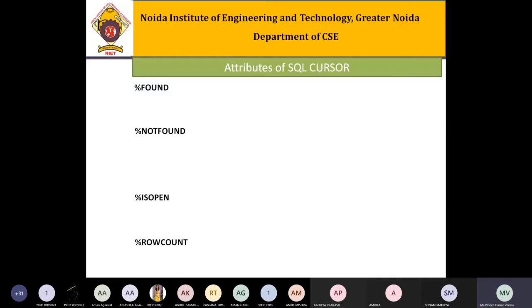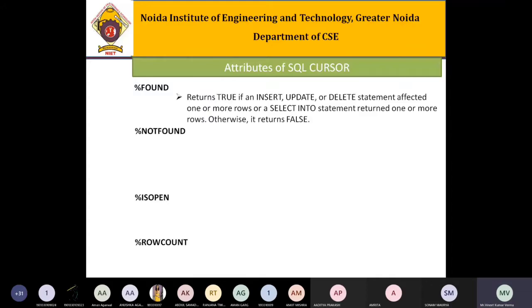Clear this point? It returns true if an INSERT, UPDATE, or DELETE statement affected one or more rows, or a SELECT INTO statement returned one or more rows. Otherwise, it returns false.